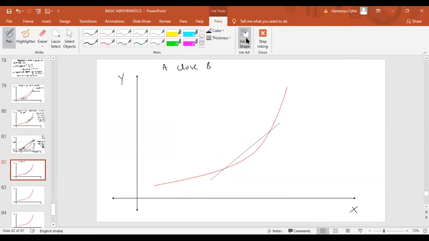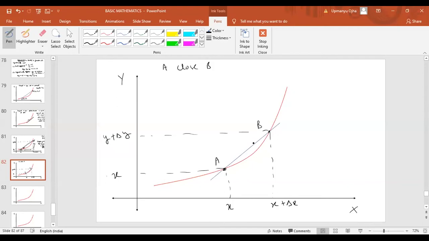Now if the points are getting closer to each other, this is point A, this is point B. Again, we can clearly distinguish these 2 points. We can also find the coordinates of these points. The coordinate of A will be X comma Y, and the coordinate of B is X plus delta X comma Y plus delta Y. But here if you look at this, the value of delta X and delta Y is reducing.